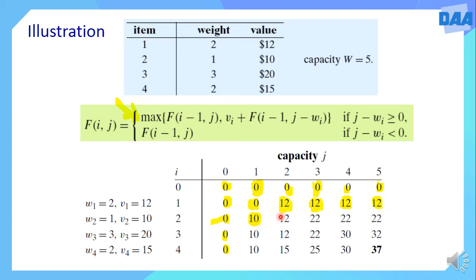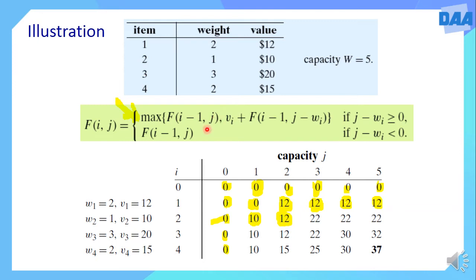Okay, so moving on to the next one. So this particular position, how it is computed, let us understand. It is a case which we didn't come across earlier. Let us understand this. f of 2, 2 is computed as, compare the capacity, it is 2, weight is 1, so definitely it will fit into the knapsack. So we need to compute these two formulas.